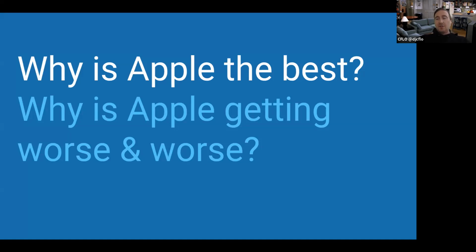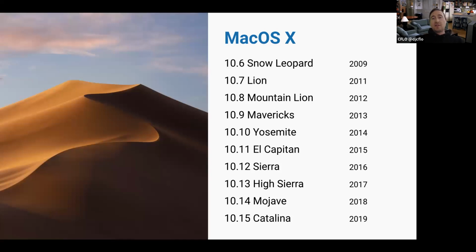So you can see this most with their operating system releases. You can see here in this chart, before the iPhone, they were coming out with OSs every 2 or 3 years. But once they shifted their focus to the iPhone, Snow Leopard was the last operating system developed during that period. And ever since then, they've come out with an operating system once a year, which is not long enough to allow these operating systems to mature and to work out all the bugs. They've got their dev team putting one out and jumping right on the next one. And that doesn't really make sense.